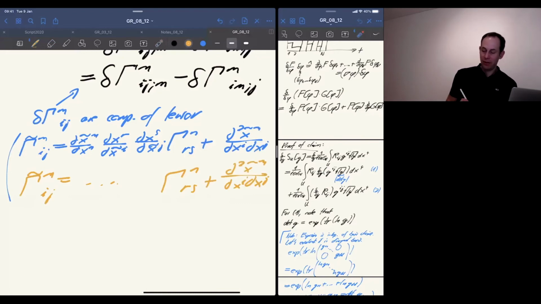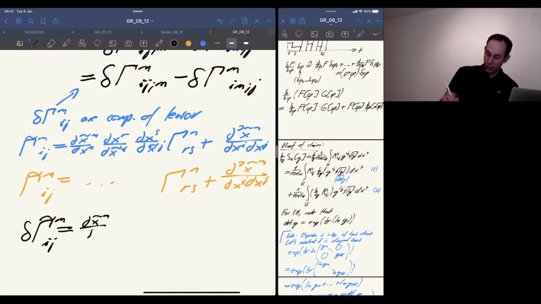Then, of course, I have the same transformation rule for the orange gamma. But if I now take the difference between two gammas, and I write down the difference in the tilde coordinates, then, of course, that's the difference of the right-hand side. What's the difference of the right-hand side? It's, again, this whole transformation, dx n and so on. I'll not copy everything. And then the difference of the blue gamma with the orange gamma, which is the delta gamma. Just consider the delta gamma to be the difference between the two.